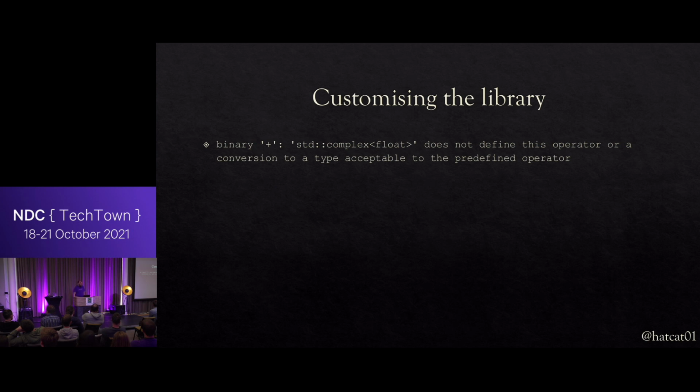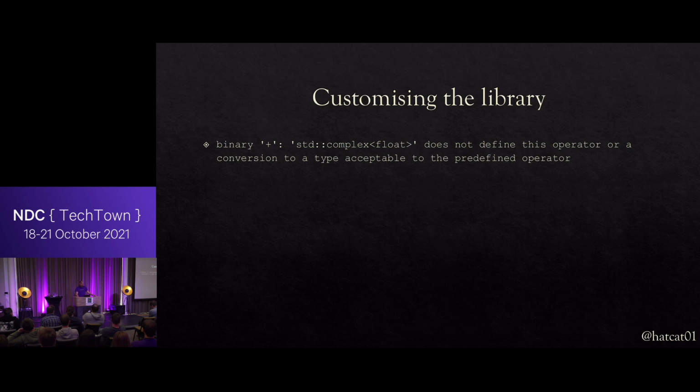What's going on? Well, simply put, the operators aren't defined. There's no operator defined for adding two complex numbers templated over different types. How could you? There are so many types that you might possibly want to instantiate complex over. The only ones that are defined are int, float, double, and long double. The rest is UB. But even then, we still don't have them. The built-in types that are part of the language are fully defined, as are their operations and their conversions. But std::complex is not a part of the language, it's part of the library.